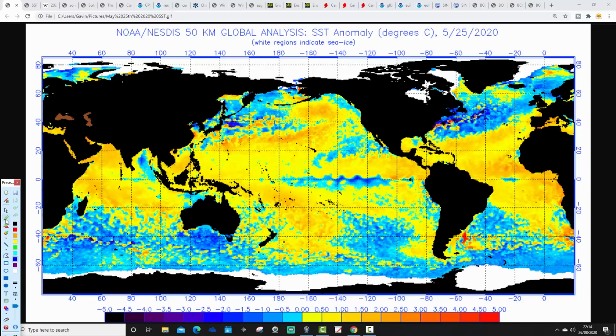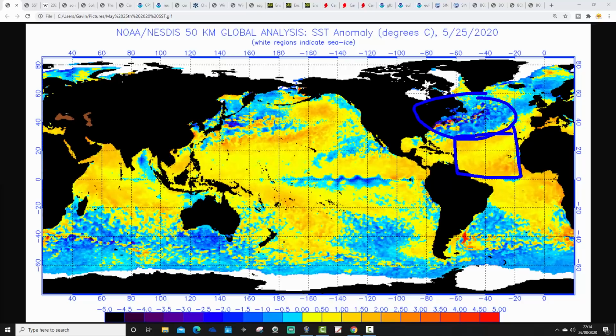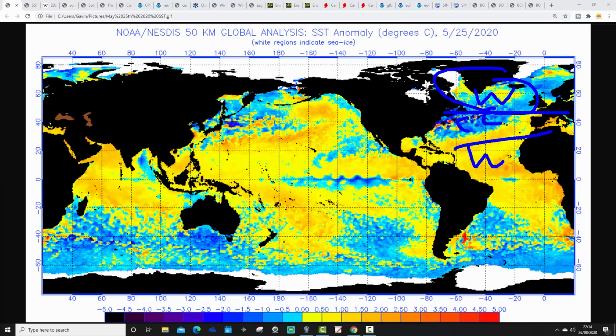We had a very warm tropical Atlantic through the month of May. Warm above average sea surface temperature anomalies through the tropical Atlantic. Colder around the East Coast of America up towards Newfoundland. And then just not quite right for negative NAO. For a negative NAO forecast, you would really want this area to be warmer. It was right for here, cool there, and it was right for here, warm there. So we got 2 out of 3, but we hadn't quite got it right on this view anyway. Hadn't quite got it right south of Greenland.